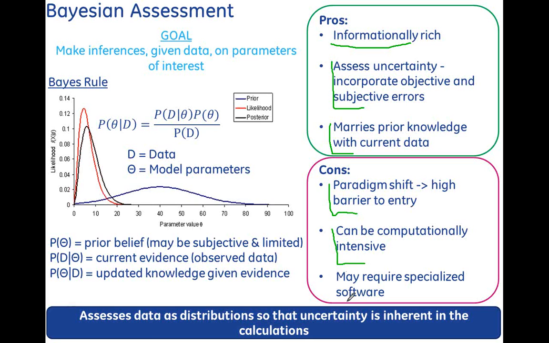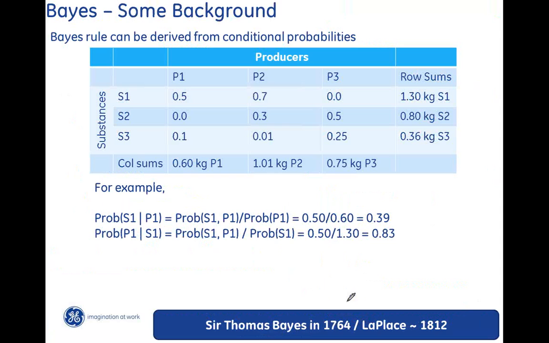All right. So to drive home the idea of what Bayes' rule is, I'm going to try to convey it in terms of a data table. In this case, what you're looking at is a vague idea of an inventory table. We have substances as rows and producers as columns. It's just three producers, three substances, very basic, just trying to drive home some messages.